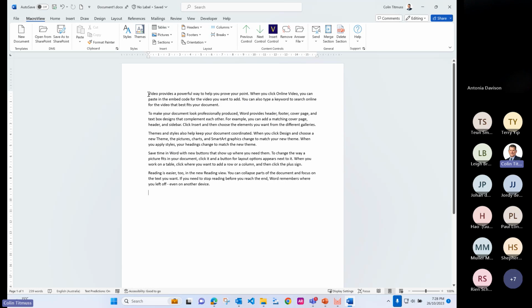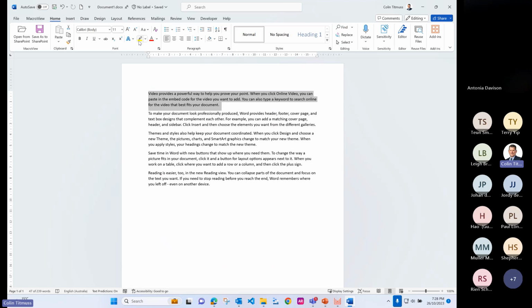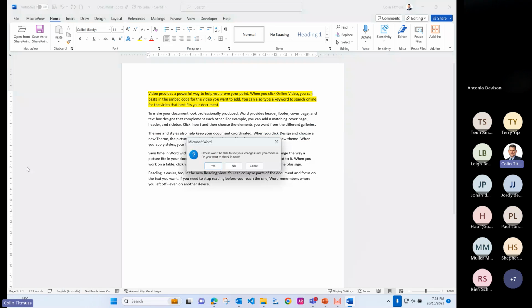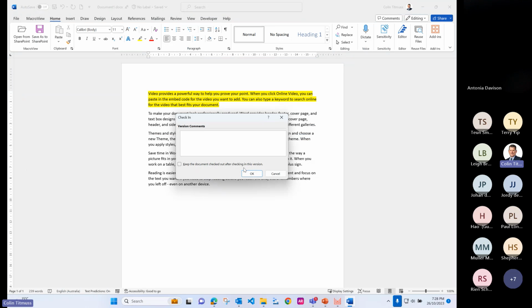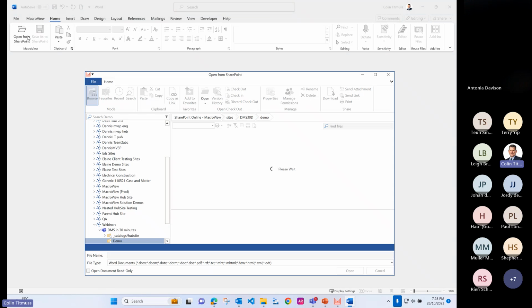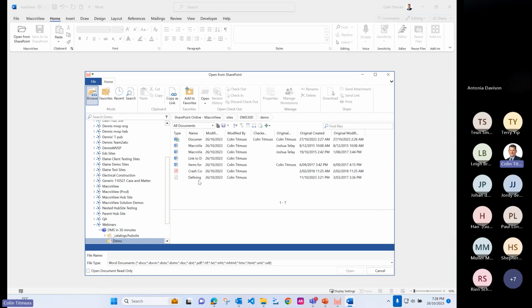Likewise, if I was wanting to work on a different file, I might just quickly highlight some text there, save the change, just so that we can see the effect of that later on. So I just close that document. Yes, please check it in. Now, once again, the check-in, check-out can be set to be default or not default in our product if you use co-authoring, for instance. But likewise, I can also do open from SharePoint just as easily to navigate that structure,